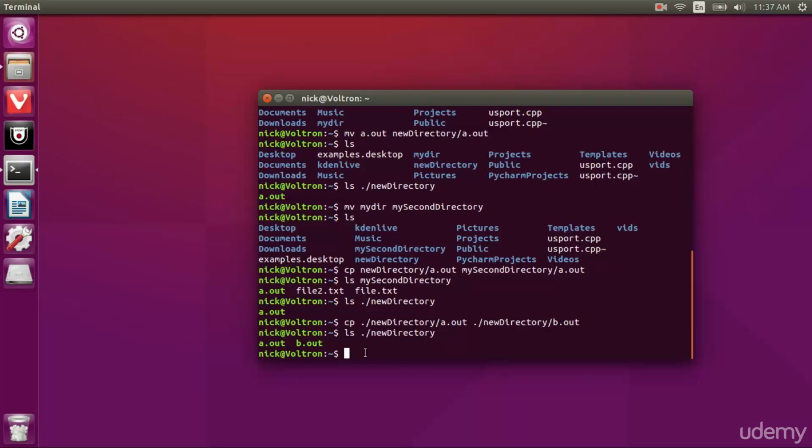Well, cool. Now we've got three copies of the exact same file. And I'm going to move it back to my home directory, and then we're going to remove some things. So let's copy from new directory